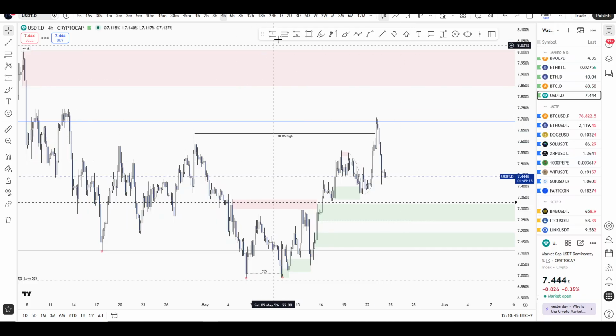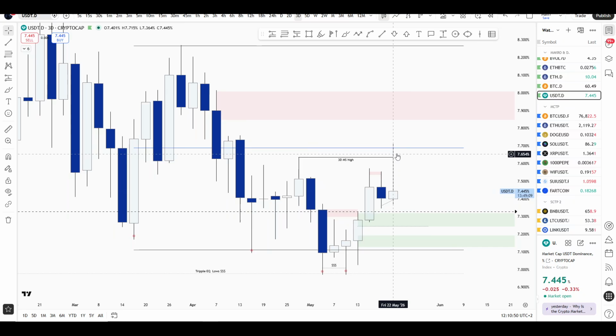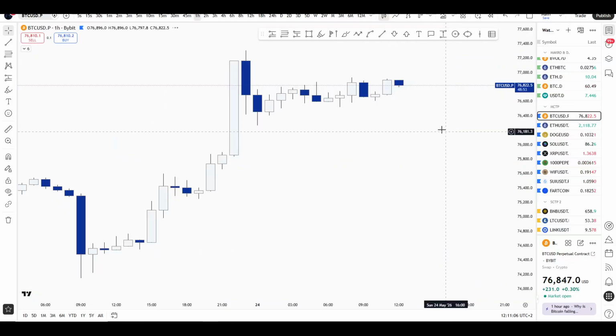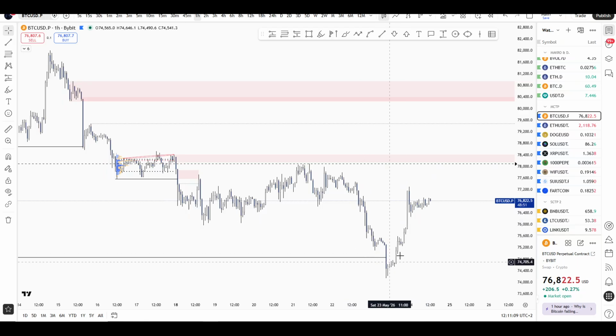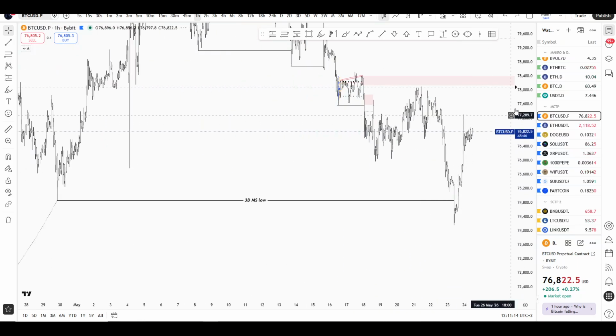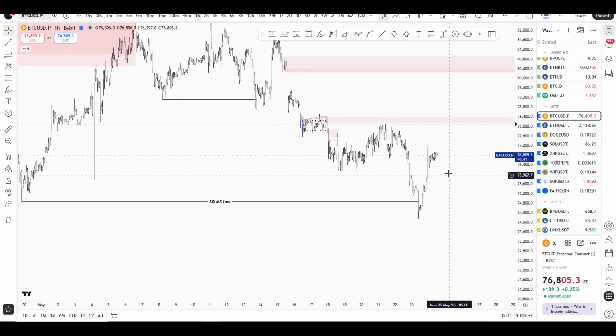USDT is a bit cleaner. Here we had the same 3-day market structure high. We SFP'd it, and as I said, this can be temporary, so this can go down on Monday, mitigate the demand, and continue the push up. And I think this bullish momentum here on Bitcoin was because of some news of the Strait of Hormuz, I think. So basically, this can just be a temporary push up for the continuation, or we go higher and make